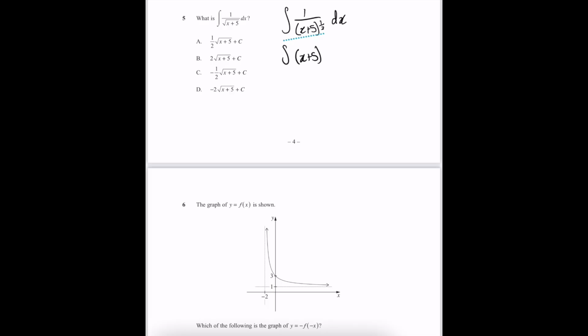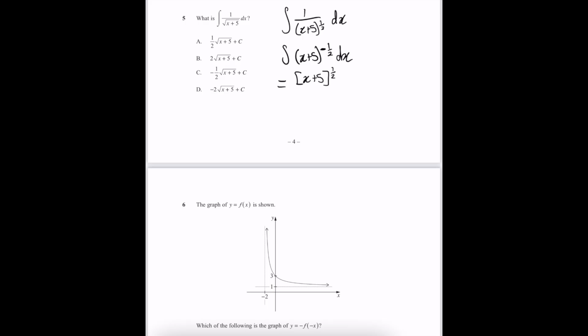And so if we want to bring this to the numerator now, to be able to integrate, we then have this, which is the power of a -half. So to bring it to the numerator, we essentially keep the magnitude the same. So the half still stays there, but we turn it into a negative power. And to integrate this, we just follow normal integral rules, where we raise the power by 1, so x plus 5 to the power of a positive half,